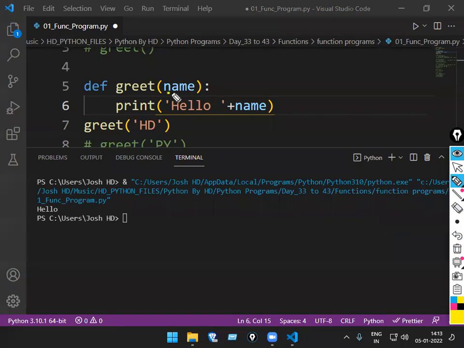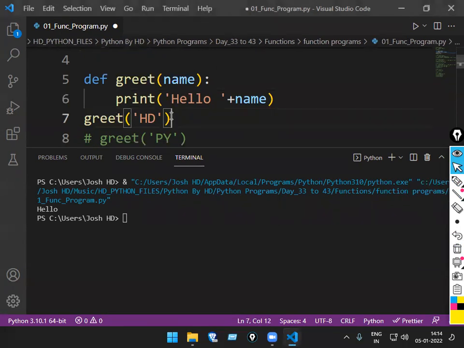How many arguments did I pass? One. So this part is called the declaration. If I have passed one argument there, at the time of calling also I have to pass something there.